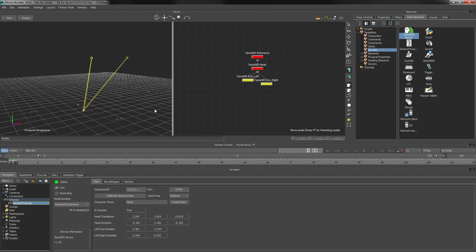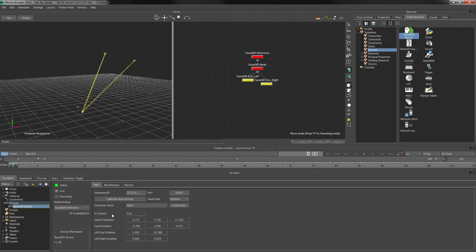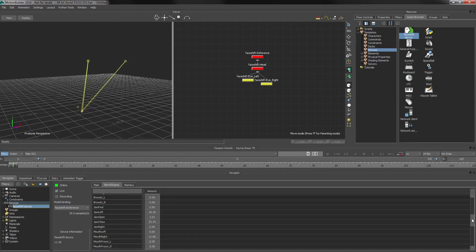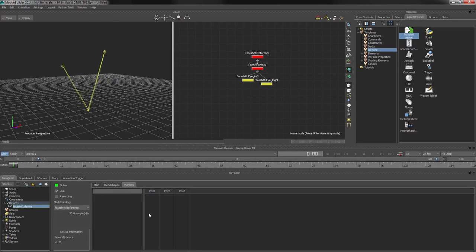Okay, so in this chapter we're going to look at where we can find all the data in the plugin. As you can see here in the interface, we already have data streaming in. This is just for visual purposes, just to validate that we have correct data. We can also see the blend shape stream coming in. So this is a list of all the blend shapes. And if we would be streaming markers, which I'll show you how to do in another chapter, they would show